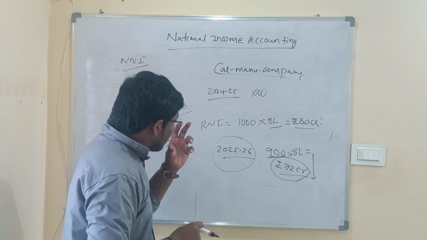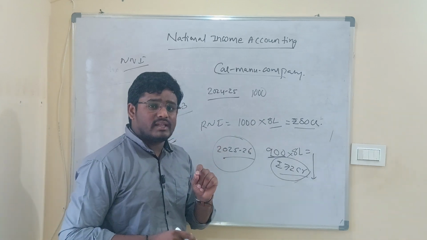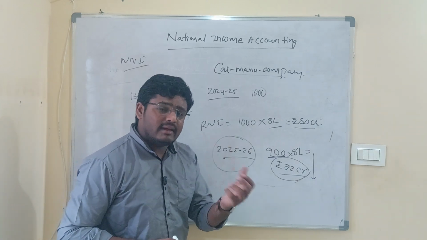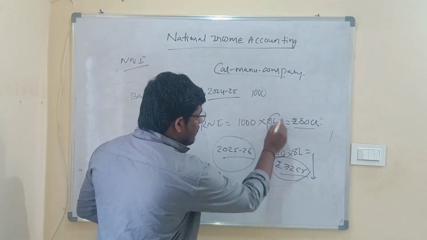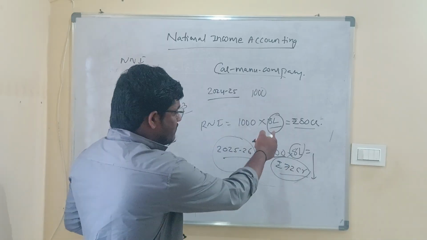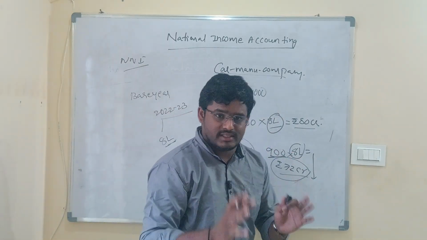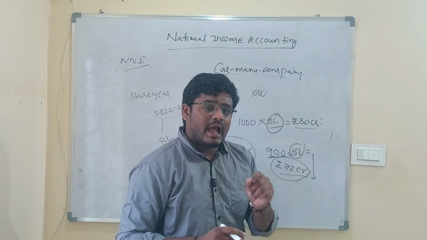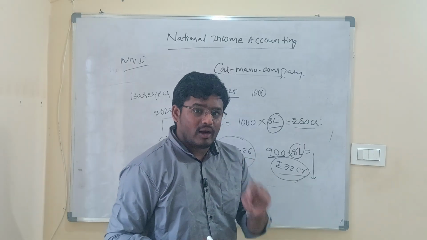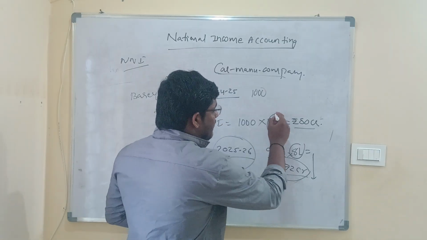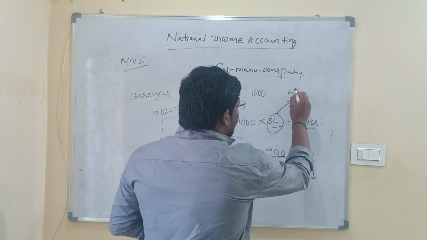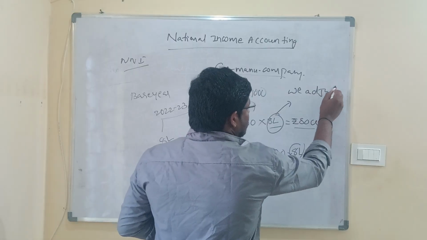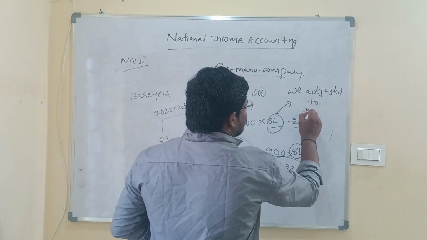But the real national income is such kind of national income where we take the prices from the base year, or simply we fix the price of the product, like 8 lakhs fixed. Now, since we have fixed the prices of the product, in economics language, this kind of fixing the price can be referred to as we adjusted to inflation. So this is the term which we have to keep in mind.